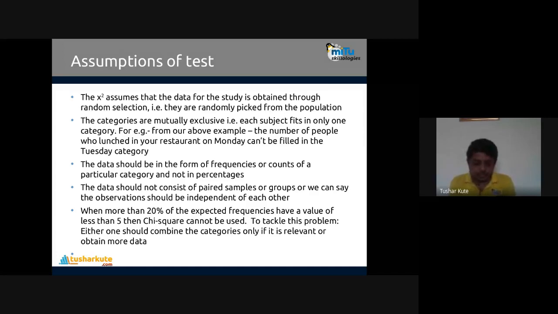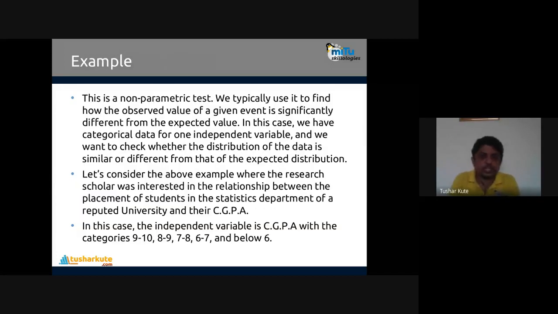So 5 to 6, for example, sorry, 6 to 7, only 2 are there. So we'll have 6 to 8 directly. When you combine the categories, we'll get more students there. As you increase the count, we'll have a good result from the chi-square test. Okay. So these are the common assumptions that we need to ensure before actually applying the chi-square test on the given data set. Yes, let's continue with that.